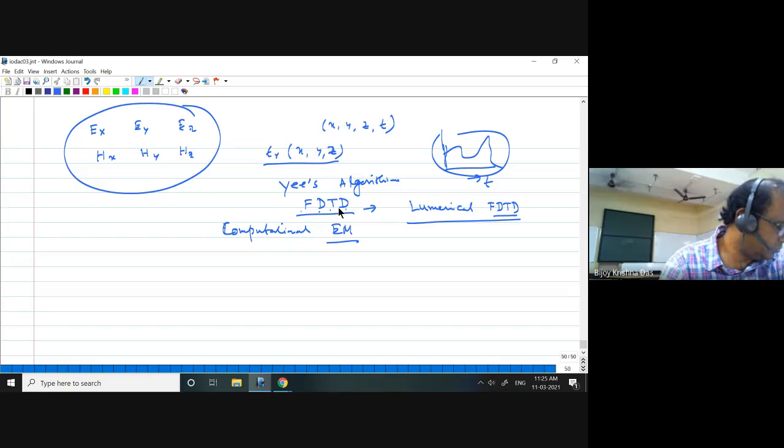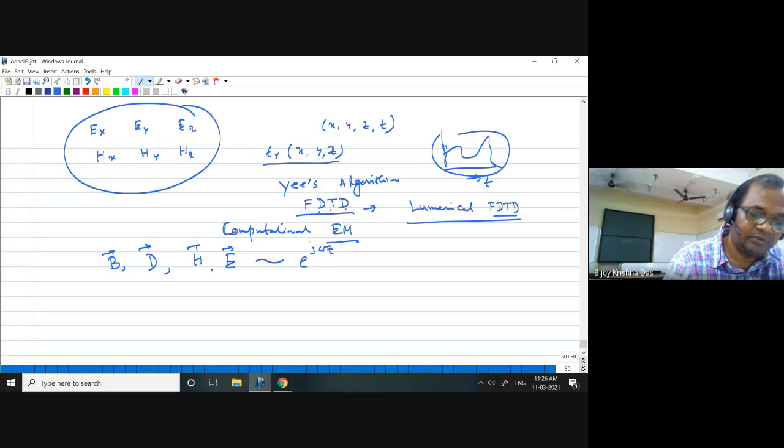We will be discussing waveguide design. For that purpose, the first approximation we will make to get rid of the time dependent part, which we have used earlier also, is to say that B, magnetic induction, D, or whatever you consider, H or electric field, all these are actually varying with e to the power j omega t. Just a single frequency, monochromatic.